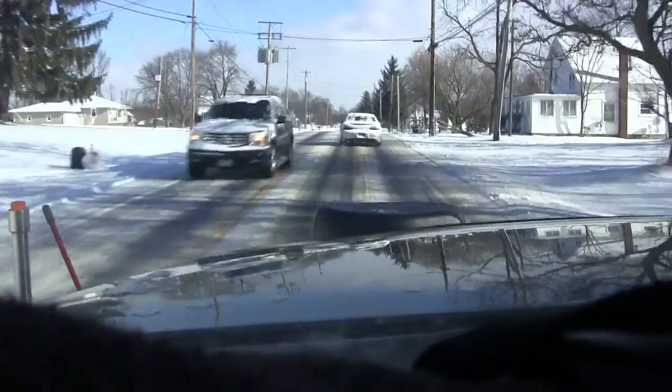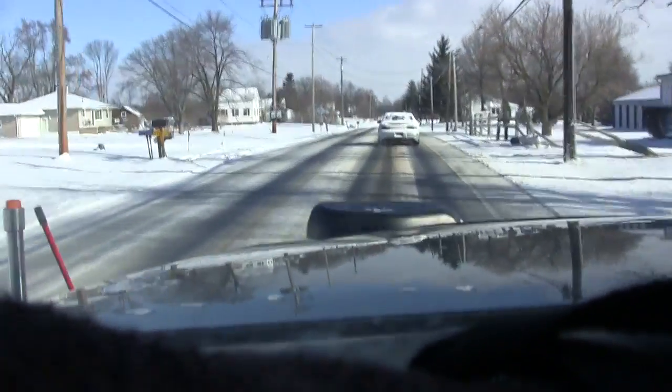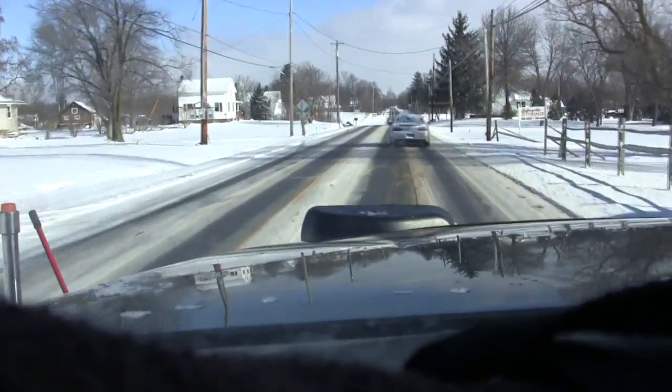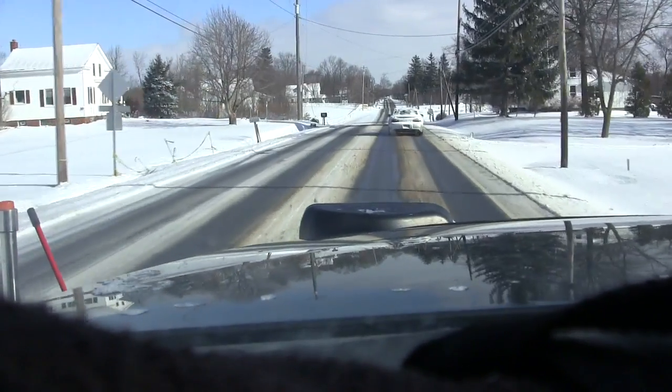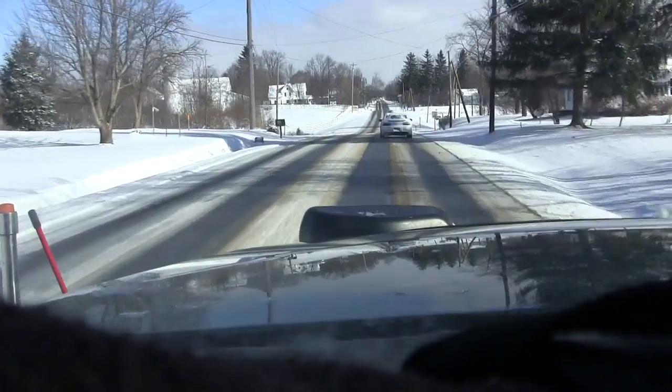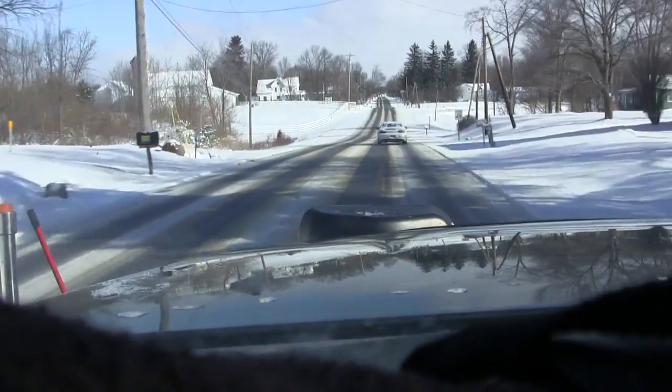I typically, woohoo, hey now, y'all saw that? I almost lost it in that curve one time coming home. First winter I had this truck, but that's another story. Anyway,